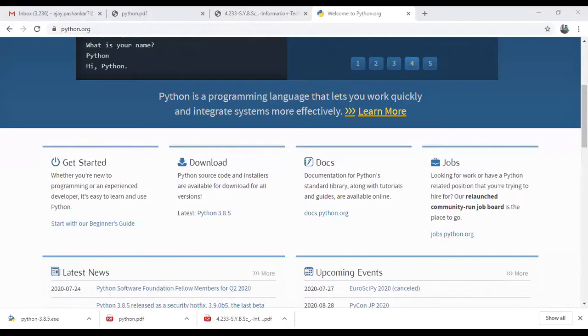So Python is installing in the background. Don't worry. In the new Python version, that is 3.8.5, it comes with Bootstrap. What is Bootstrap? Bootstrap is an advanced technology that can be used with many programming languages. Basically, it's supported with Python. Python is a widely used programming language. Google, NASA, and many other technological giants use Python for robotics and other purposes, because Python is a simple programming language. It requires a lesser amount of coding compared to other programming languages.